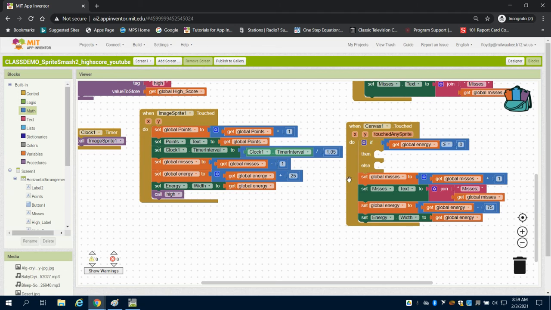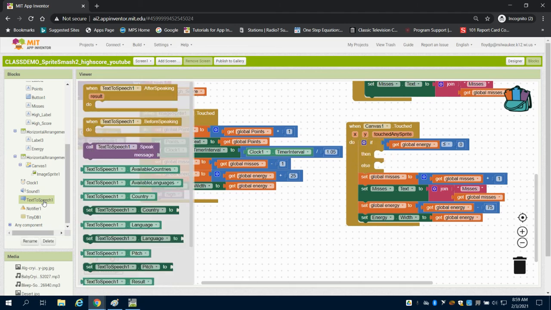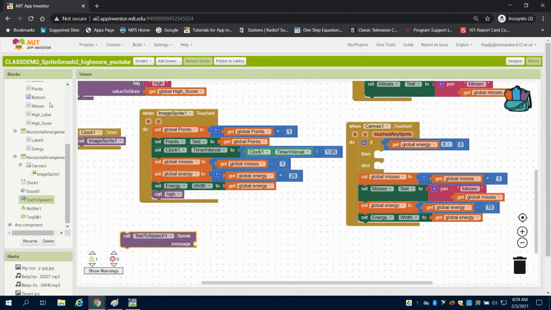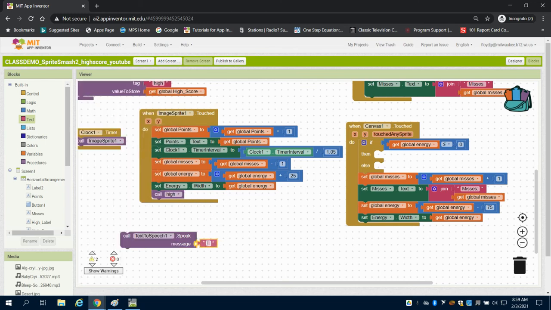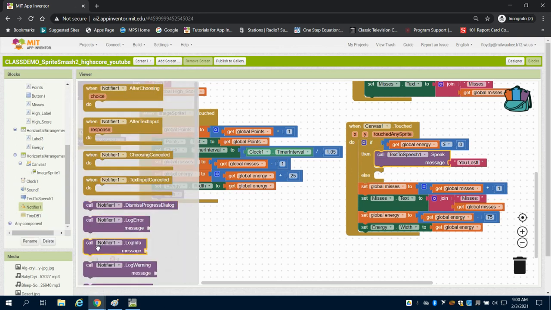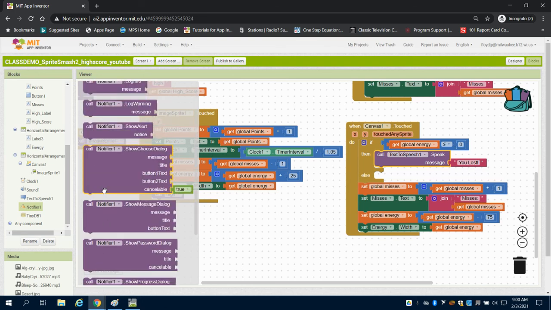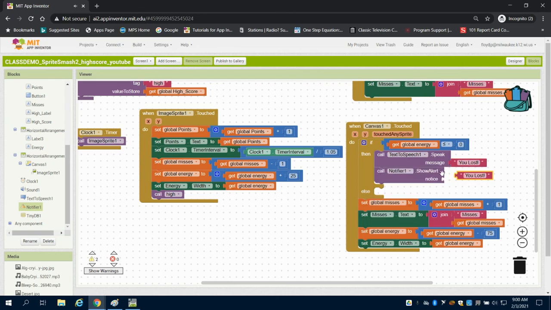Now, how can I end my game? Well, you can see I have a text-to-speech thing that I can grab, and I can call my text-to-speech to say something like you lost, so we have that component. You'll notice I also have a notifier that we've set up on the design screen. So I can call my notifier to show the alert. Duplicate here and I'll change